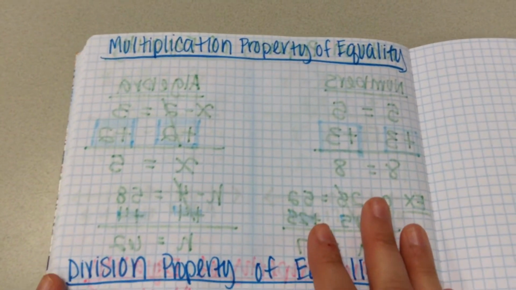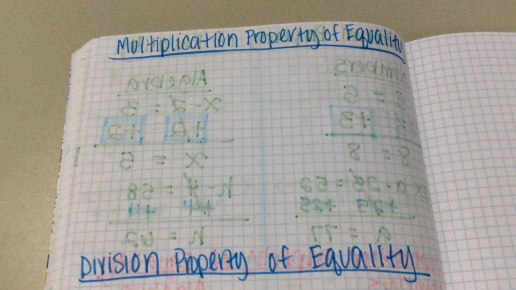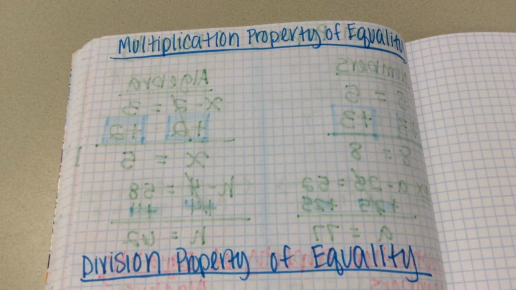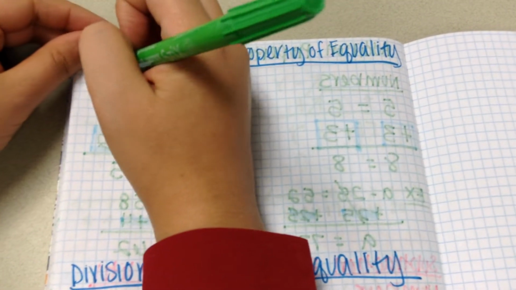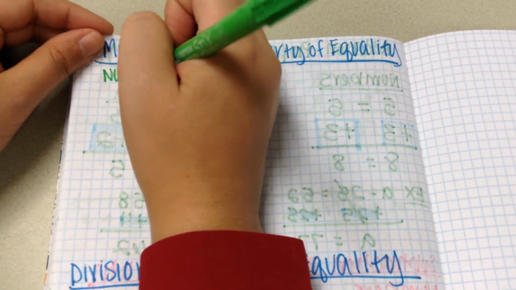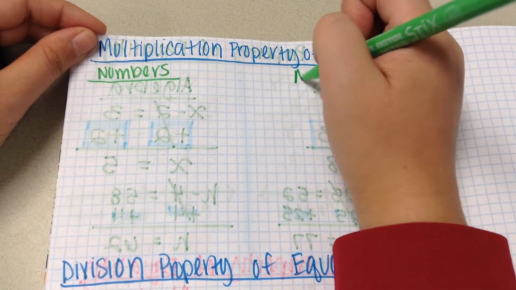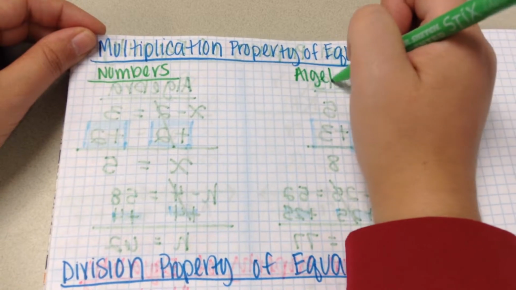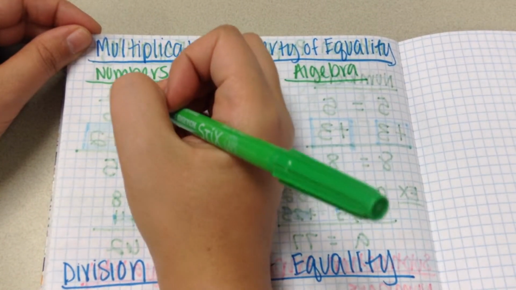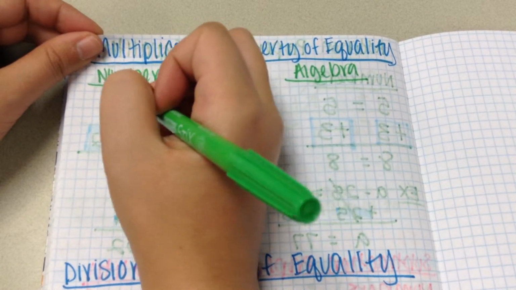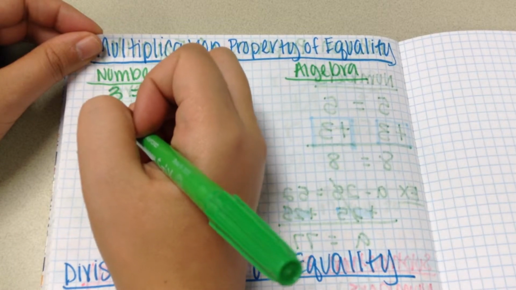So we're going to start with the multiplication property of equality. Okay, so again, we're going to have numbers first. And then over here, we're going to have algebra. Okay, so for the numbers, we're going to start with 3. So if I have 3 is equal to 3. And if I multiply 3